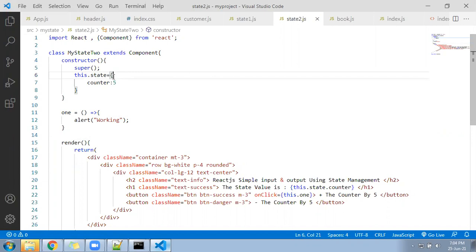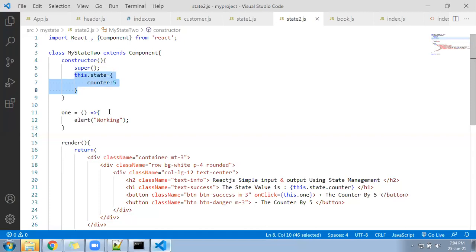We will say under the constructor, this dot state equal to curly brackets open and close, and inside the variable and colon and the initial value if you have something. If you don't have an initial value, leave it empty, give it a 0, give it a single quote, a string you can create. So we understood how to create a variable under the state.